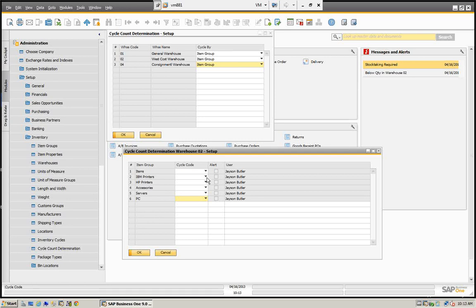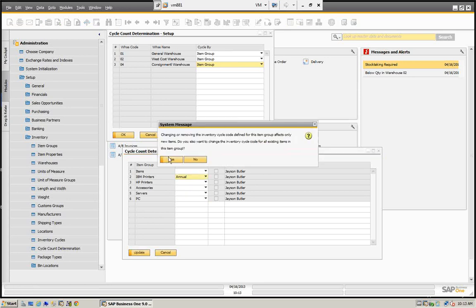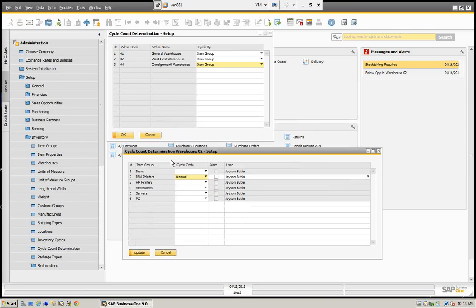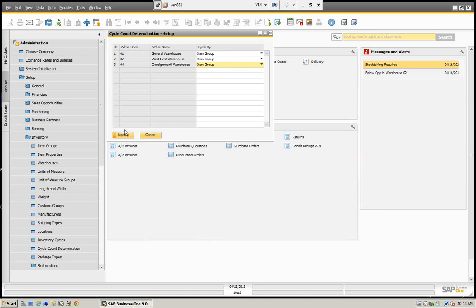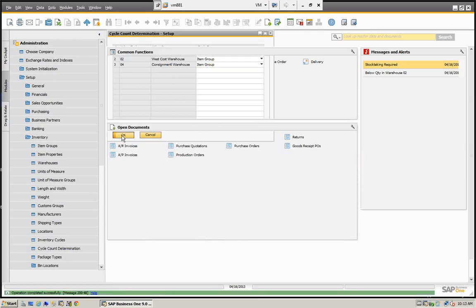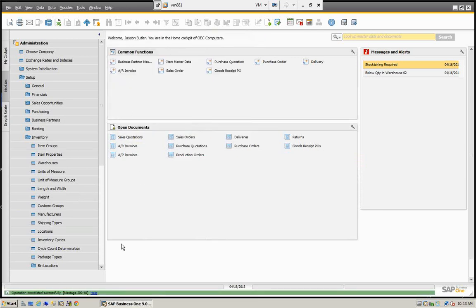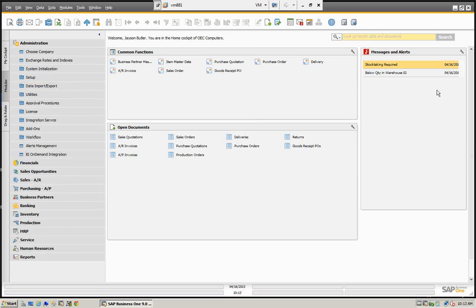We're going to do the same thing. We're going to set up an alert. I'm going to click update. So now we have the information set up this way,